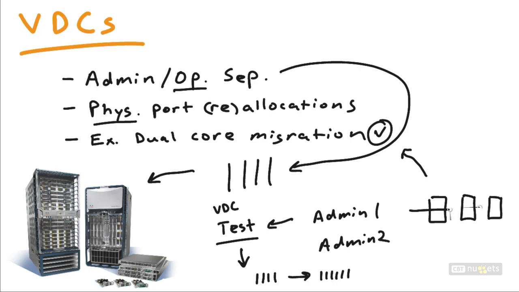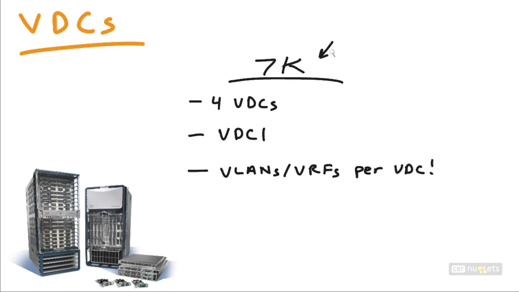have. And we're talking about 5.x Nexus operating system code. Please keep that in mind when we go through these nuggets. I am speaking to you about limitations that exist at 5.x code. If you're watching this years in the future, the Nexus 7K may be capable of many more virtual device contexts, right? So we just got to keep in mind that when we talk about these parameters, we are speaking at